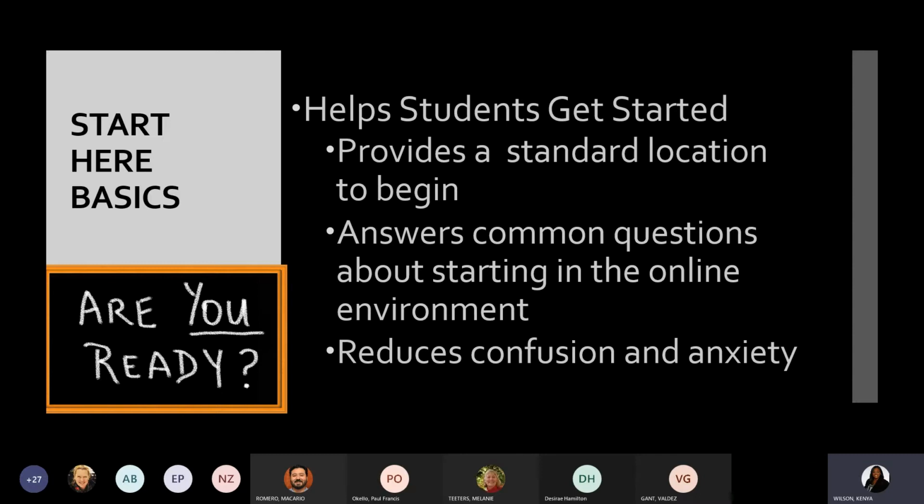The Start Here area provides a central location for all students to navigate to first in order to get started. Many of the students are either accessing an online course for the first time, or they are taking multiple online courses with different teaching styles and different course organization schemes and layouts. The Start Here area is a great go-to area for students to familiarize themselves with your course as well as